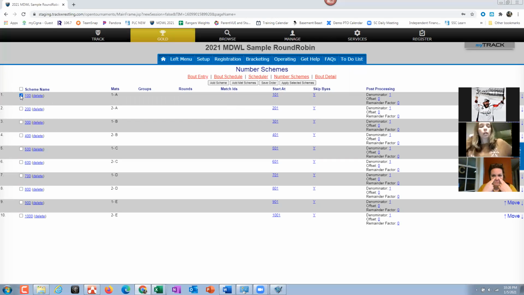Right, okay. Yeah, and that was the big thing when I first learned this, and I think Matt was the first person that showed me how to do it at Kiel. He said, don't ever do number schemes early. If you want to do it to see how many bout numbers you have, because that's the other thing that bothers me, you can't tell how many bouts you have until you actually do the number scheme. So if you want to see that, then do all this in Sandbox.